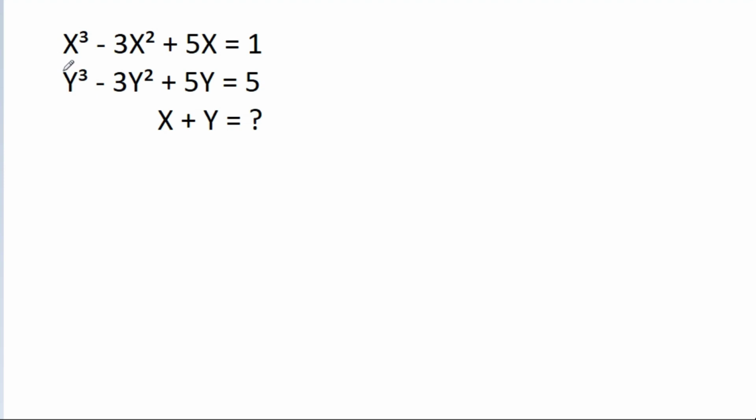In this video, we are given that x cube minus 3x square plus 5x is equal to 1 and y cube minus 3y square plus 5y is equal to 5, and we have to find the value of x plus y. So we have x cube minus 3x square plus 5x is equal to 1,